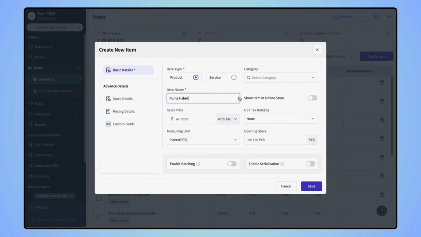Next, you can see the toggle to show the item on the online store. Now, how to create this online store we will see further, but if you wish to display this item on your online store, then you can enable it from here. Now you have to add the sales price,